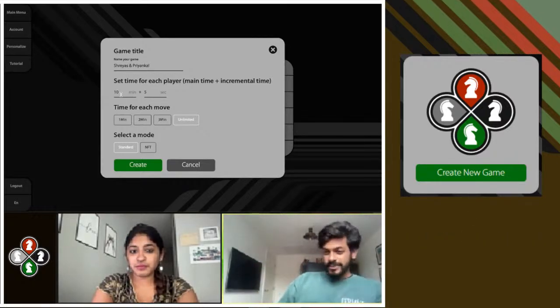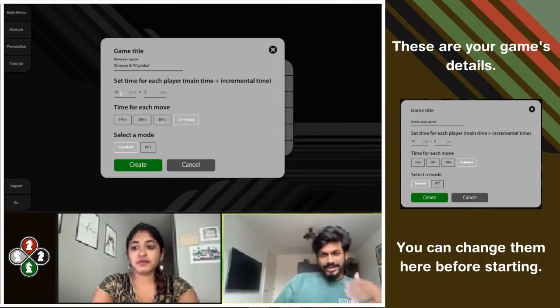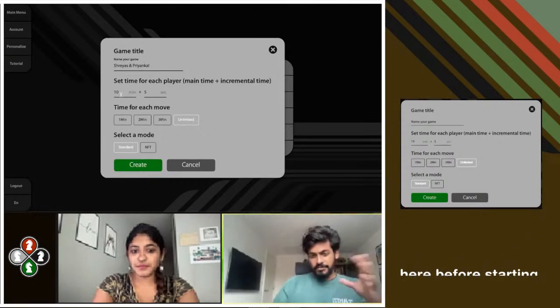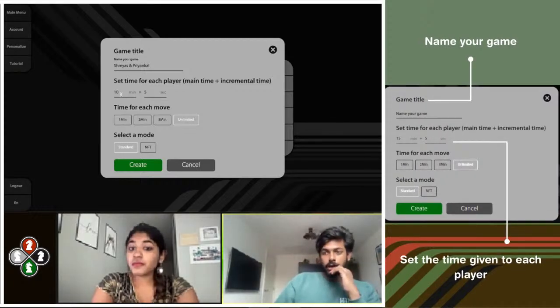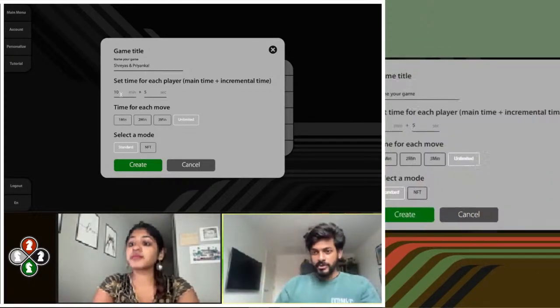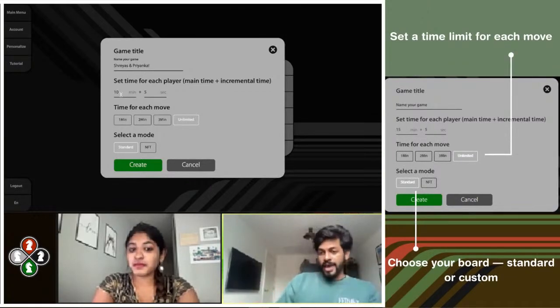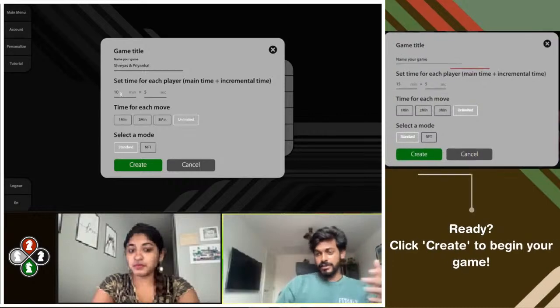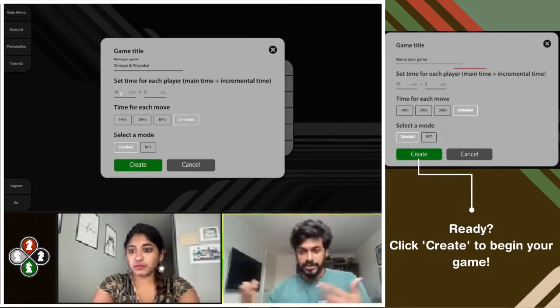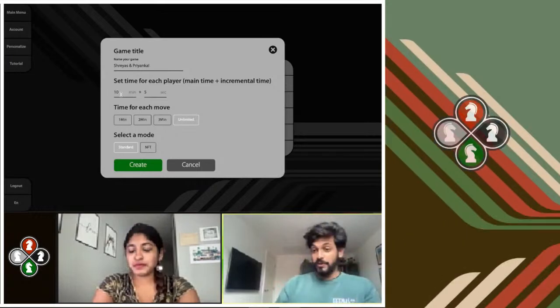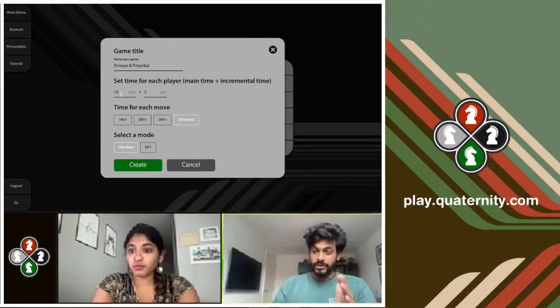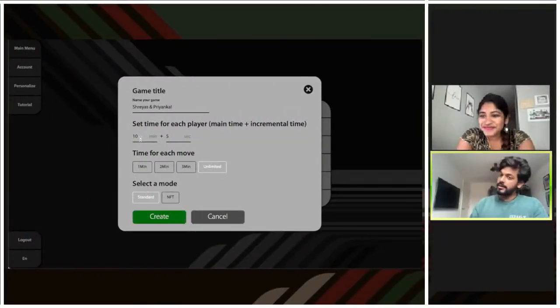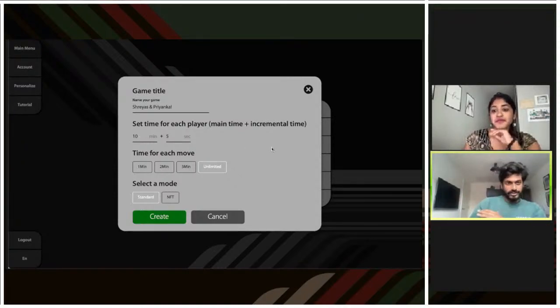The time for each move is, I think, pretty unique to Quaternity. I think there are 1 or 2 other variations which maybe have this, but it's not common in chess, where, given we have 4 players, we want to keep the game dynamic and engaged. And so you can opt to have a timer per move, so that if you're in a 20-minute game, somebody doesn't run the clock down for like 19 minutes. If you have a minute on the move timer, you will lose if you do not make a move in that time, just like you would if you were to run out of time in total. It's the same concept. And the mode, we'll come back to this because that has to do with personalization and customization. But let's address this later in the live.